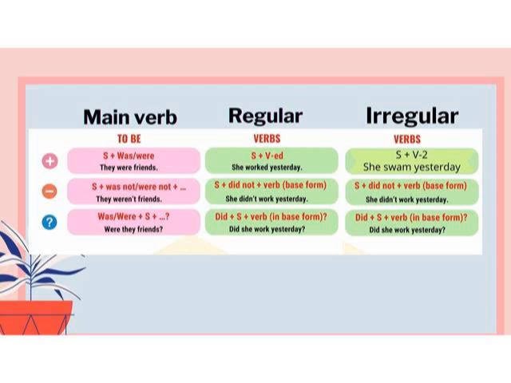While for the irregular verbs, the formula is subject plus verb 2, or verb past. For example, she swam yesterday. Swam is the verb 2. For the negative and questions, as you can see on the formula,